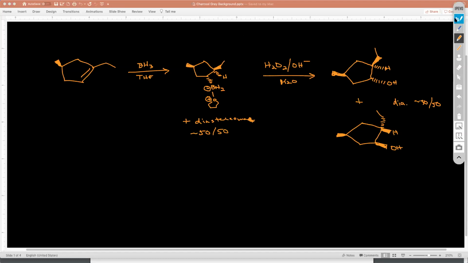So let me go back here because I will likely ask you for a mechanism for this step of the reaction, or I might. I don't always ask for that, but it is a frequent question. And so if you think about our BH3 molecule that's attached to a THF molecule,